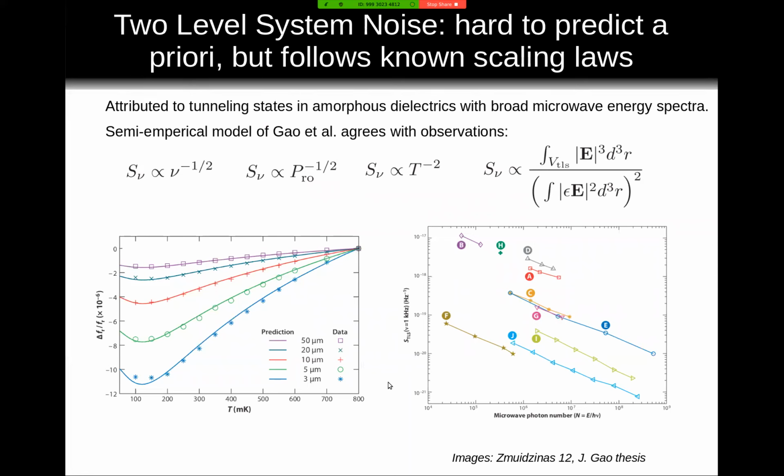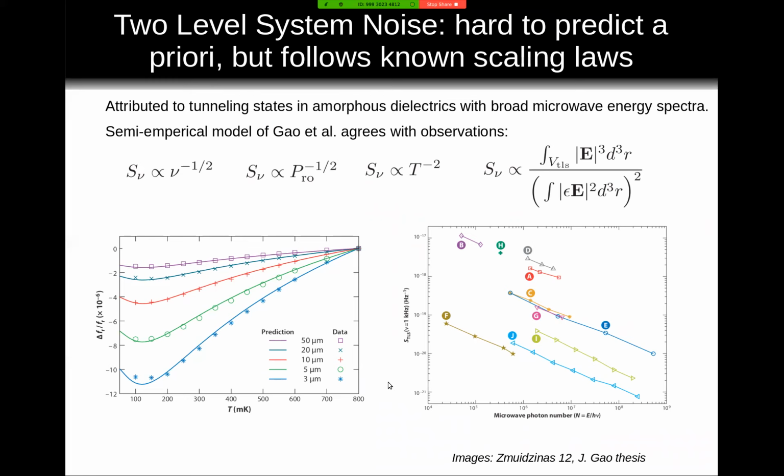Some people have worked on that, but there's a group at Delft that has done a bunch of work on that. But the basic idea is that even though we don't have an a priori reason to set an expectation for how much noise it generates, we know how it scales. So it scales with frequency, it scales with power. Lower power gives you less noise, which is surprising. It scales with temperature. Lower temperature gives you less noise, which is also surprising. And the model for that is basically that